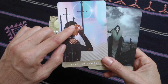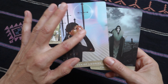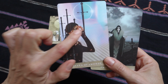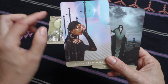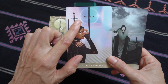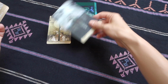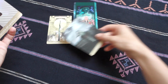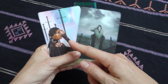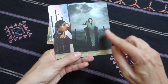With Seven of Swords, we can see that she has one eye open and the other one is kind of closed off. And she has these two moons here and this kind of like spark in the eye. So maybe don't look with two eyes, but just look with one eye and listen to the inspiration, to the kind of insight of what inspires you. Follow this, because if you don't follow this inspiration, if you only look at what is visible, you might get